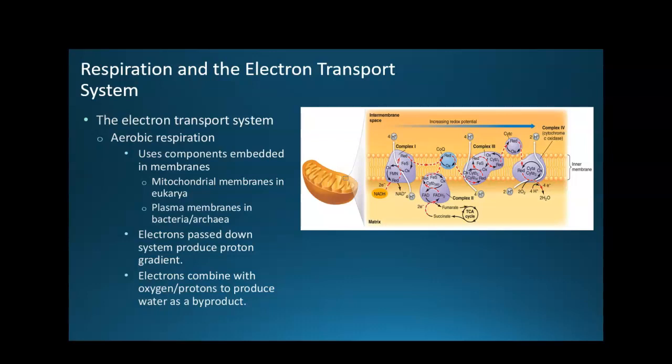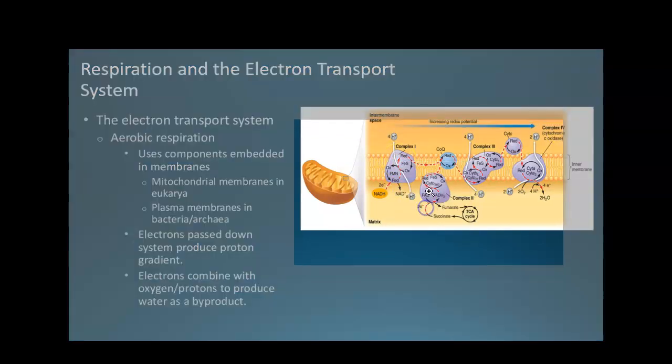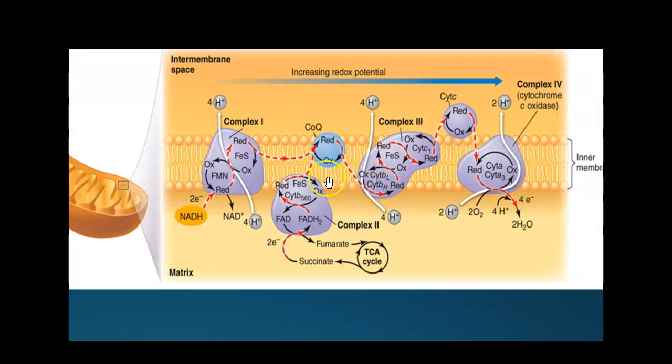Well, they do have a membrane. So instead of using the mitochondrial membrane, they substitute their own plasma membranes. So it would be a similar setup that you would see, zoom back in here, in a prokaryotic cell. Complexes 1, 2, 3, and 4. The major difference is where it's located. Instead of being in the mitochondrial inner membrane, because prokaryotic cells don't have mitochondria, these components would be in their